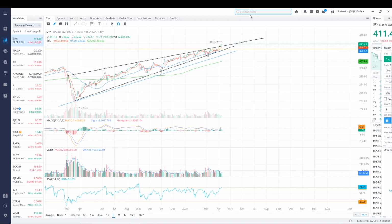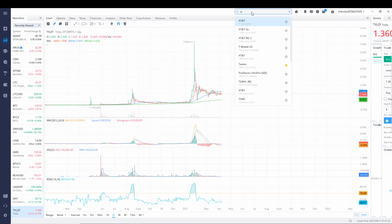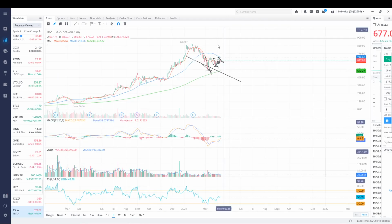Okay, so going back to Tesla, keep an eye on the bull flag, keep an eye on the resistances and support. That is not Tesla, but with that being said, guys,